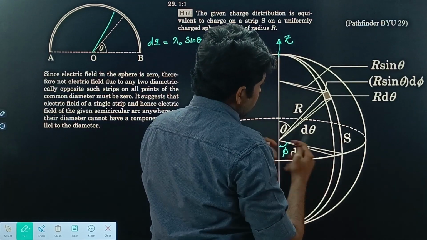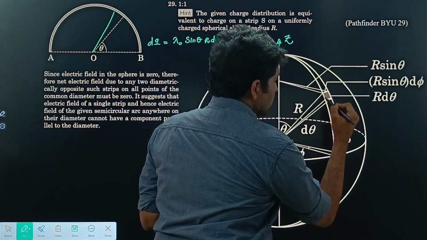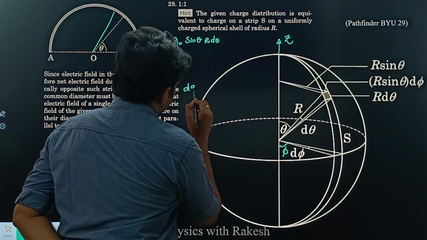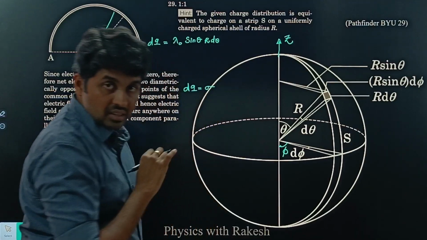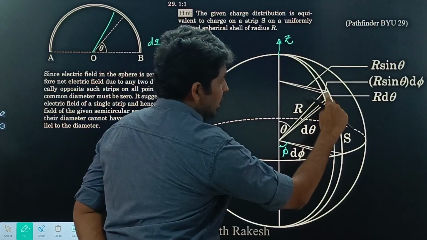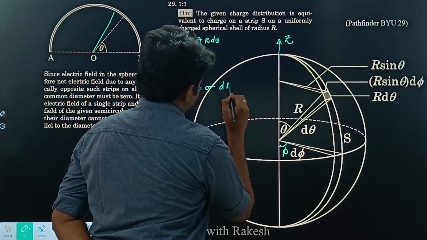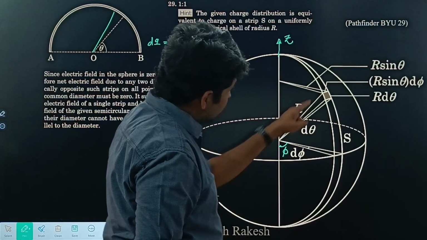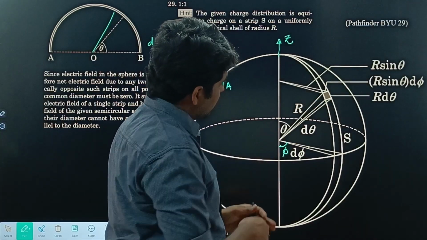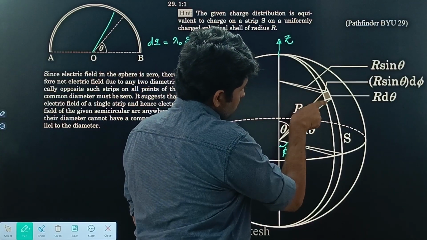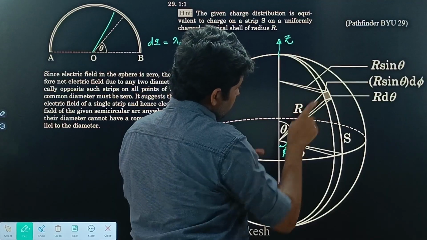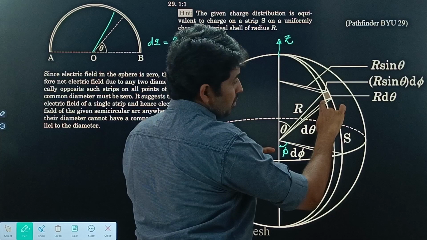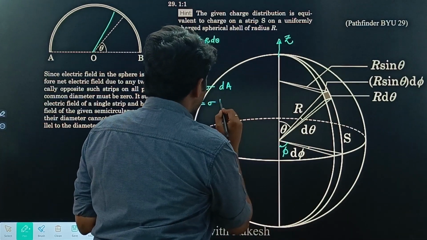So this is d phi. I want to find what is the dq here. Okay, dq here is what, tell me? Surface charge density sigma into the small area, this dA. So dq equal to sigma into what is this area right now here. You see this vertical part which is there here, this is theta and this is theta, so this will be r d theta, this vertical part. Okay, so r d theta